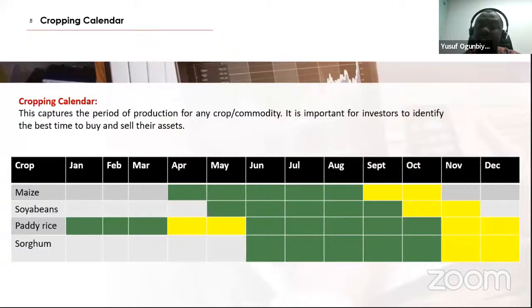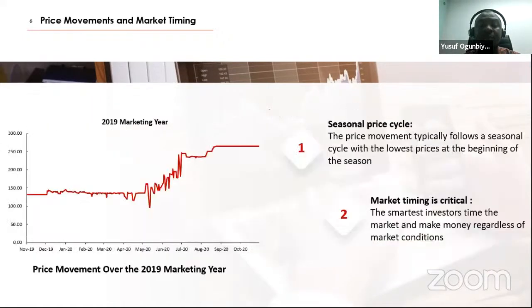What is this telling us? This is letting us know when the commodities will be available in surplus in the system, and when they will be available in deficit in the system. What this means is that if we don't plant at the right time, if we don't produce well enough during the production season, if the climate or weather affects production during the production season, we can say confidently that all through the rest of the year, the commodities will not be enough for the system. So we then have to think of how best to bring more commodities into the system.